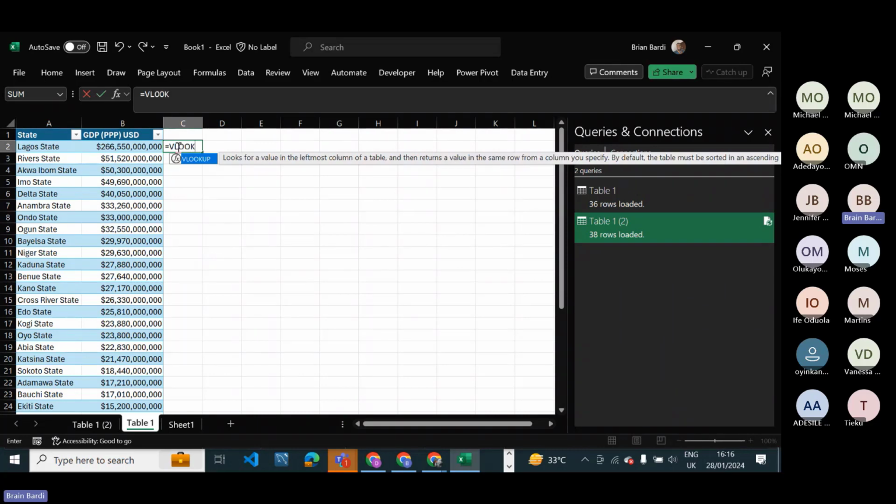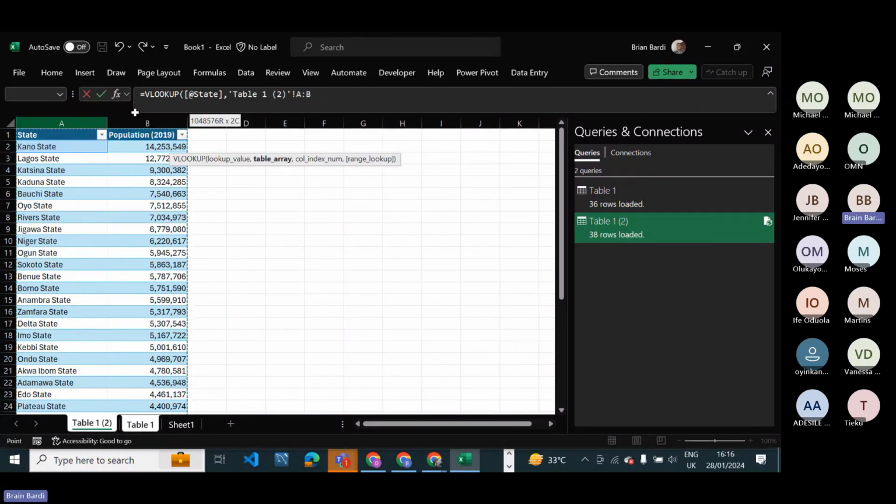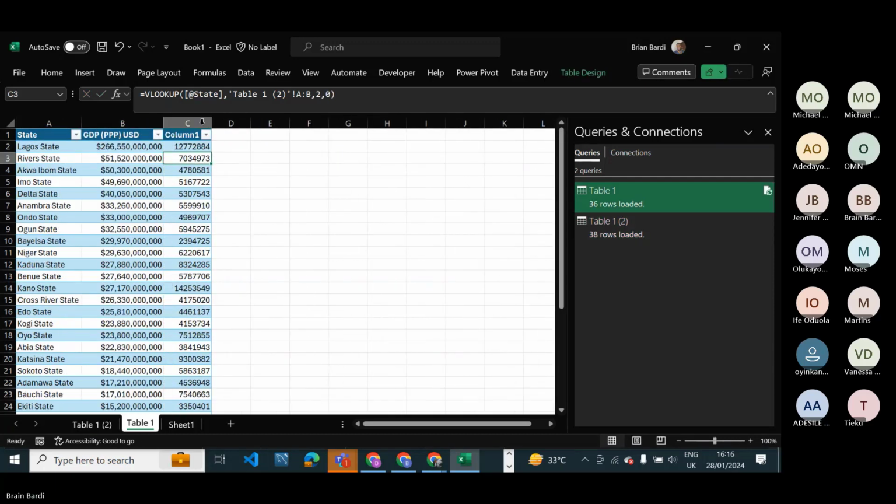So I'm just going to put the formula of VLOOKUP. This Lagos State, find it here, and then return column B. And I'm going to rename this column to population.